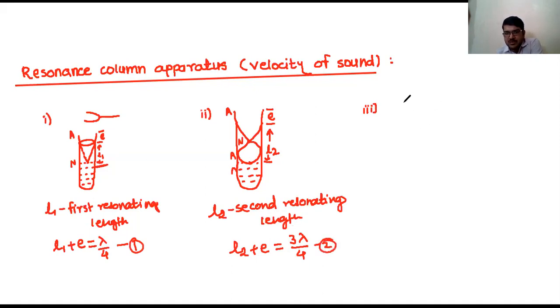Now in the third case, what is happening? Again, I am decreasing the water level. I am drawing a little bigger diagram so that I can denote it easily. So now the water level has again decreased. So now what is the case here? I should get 2 loops, you know, and then something like this. So you can see here, like this you are getting.